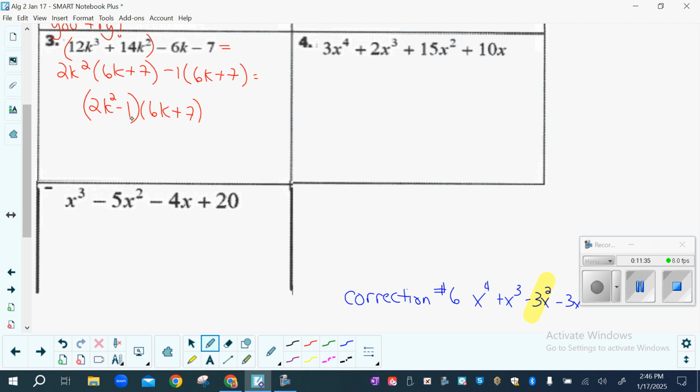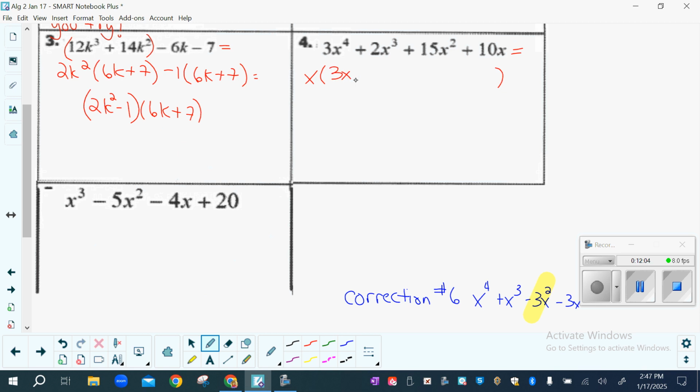Is there something that's in common with all of those terms there? Is there a common factor on all of them? There's an X in all of them. So we're going to factor the X out first. None of the other ones had that. This one has an X that we can factor out. So we'd be left with,